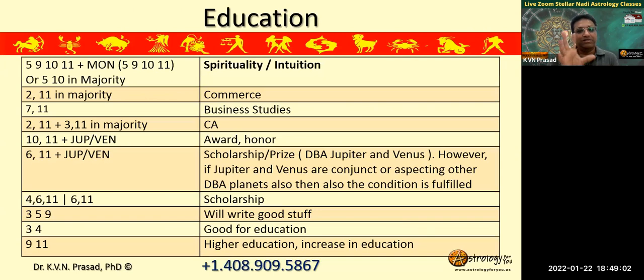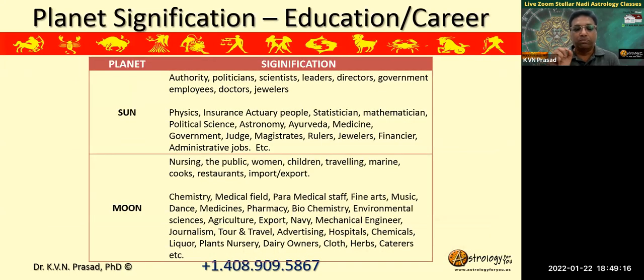So now this is all just houses, bhavas, right? But there are so many other things, all right? The karakatwas of the planets also play a significant role. Okay. So you have to see, apart from these things, the general fourth lord, general fifth lord, and who is going through, right? And then the dasha period, if of this planet is going through, then they may choose these fields to study.